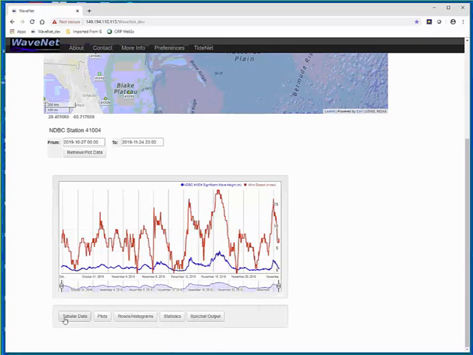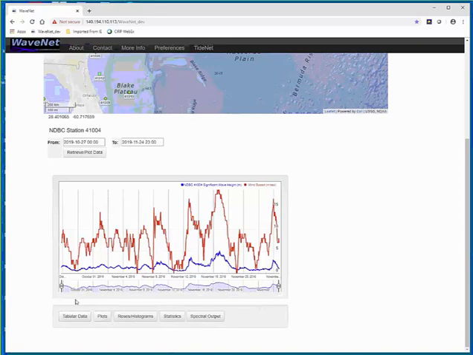Okay, and at the bottom here, these are the computational engine or processes: tabular data, plots, roses, histograms, statistics, and spectral output. Whenever you click one of these, there are codes or scripts in the background that are being run, and you can thank for a lot of this Liu Lin, who spent a lot of time, and Jay Rosati and Derek Wilson, who were instrumental in building the system.